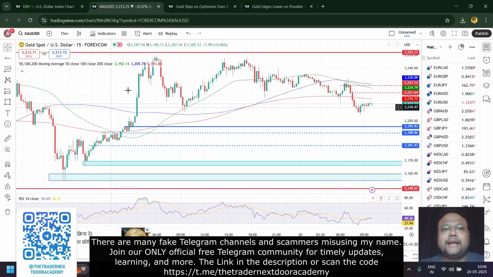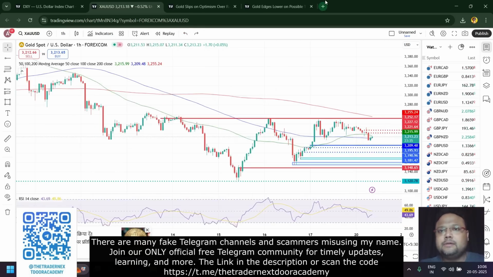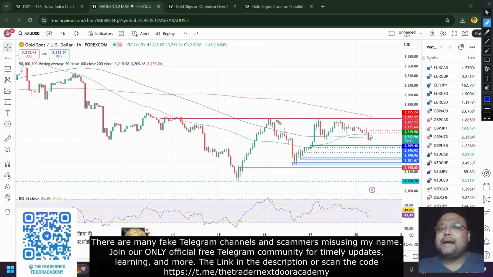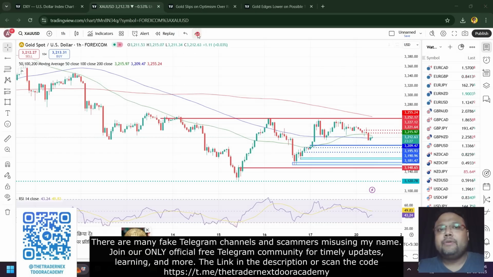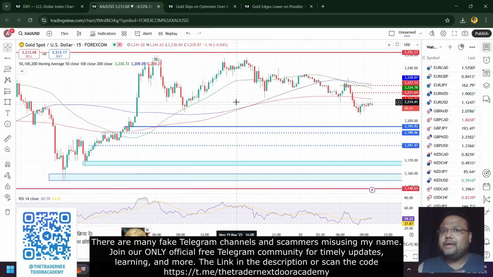In a sideways market like this, the best trading opportunities are to buy at support and sell at resistance. But we are switching to a lower time frame to find more opportunities. So it clearly shows that the trading opportunities that we are about to discuss right now are not very strong. Why? Because they are from the lower time frame. Higher time frame, high reliability; lower time frame, low reliability. You must be knowing this very well.